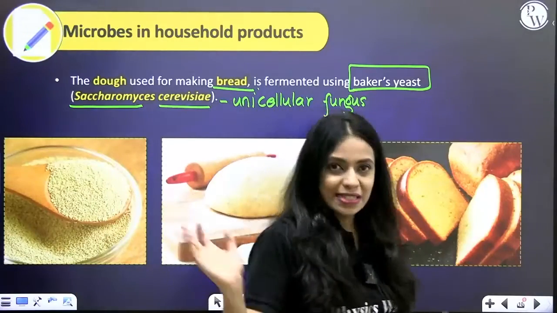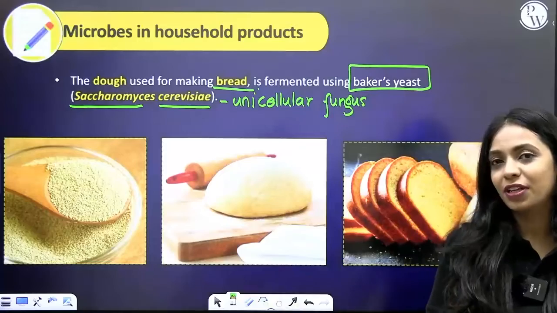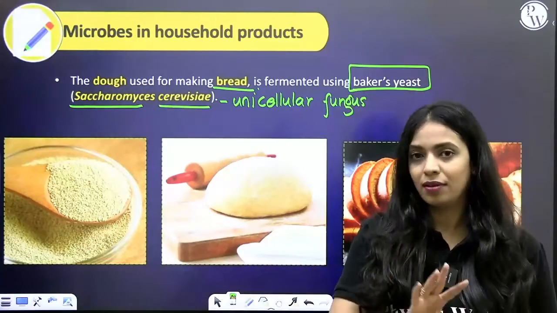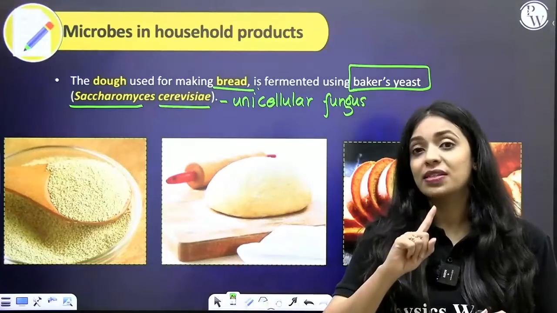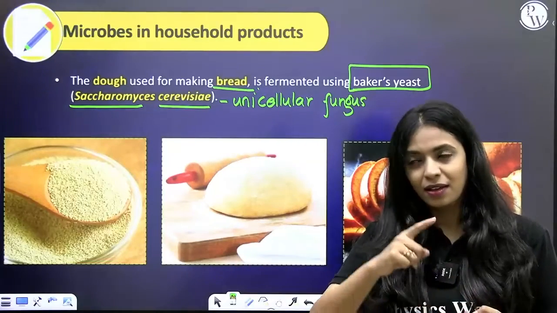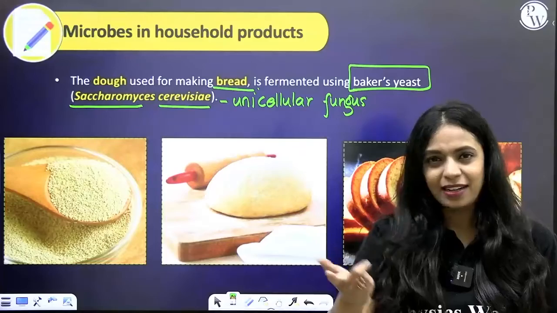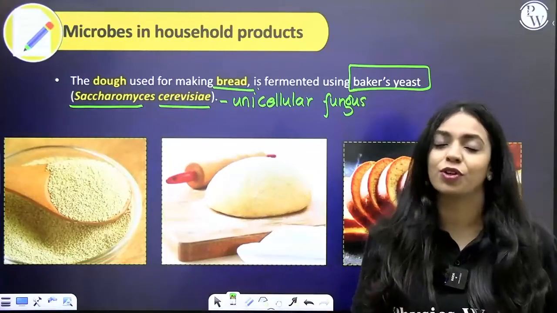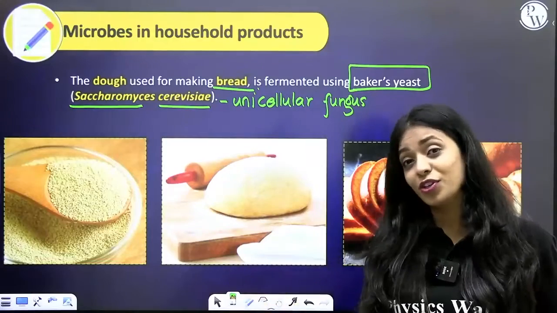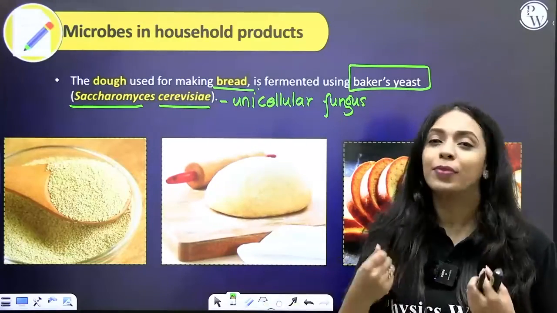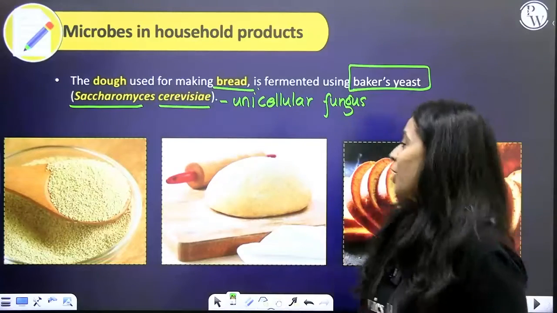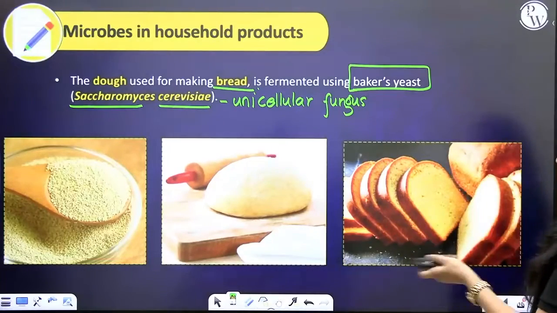So this is baker's yeast for you. Baker's yeast's scientific name is Saccharomyces cerevisiae. So far we've discussed only two microbe names: firstly, what was that? Lactic acid bacteria, Lactobacillus, and right now Saccharomyces cerevisiae. Over the course of this chapter, you're going to come across a lot of scientific names, all of which you're required to memorize because they are important for your entrance exams like NEET. All right, so that's about baker's yeast.